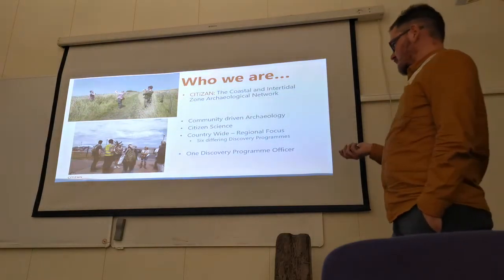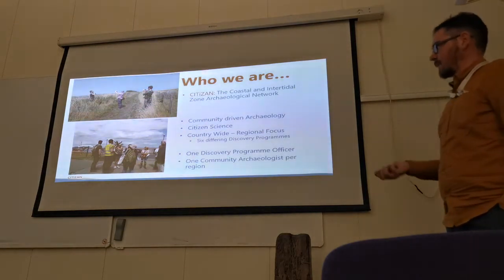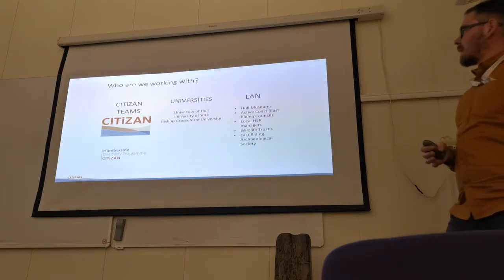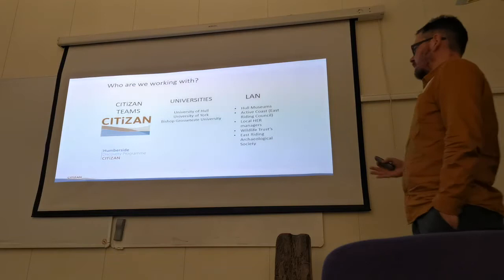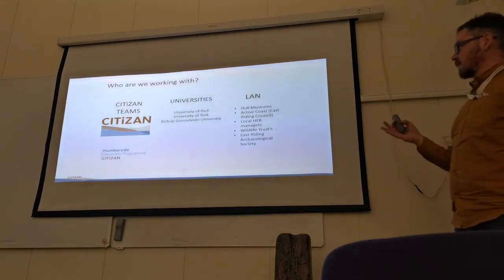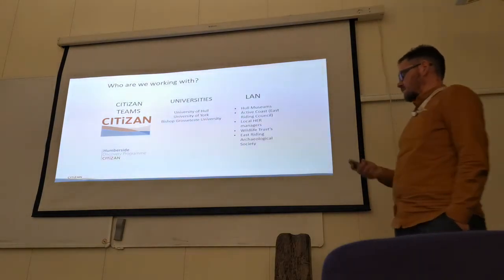Each project has one discovery programme officer, who's myself, and I also have a community archaeologist and a couple of other assistants as well. We run these projects around the area. We're also working with a number of universities, for example, University of Hull, as well as LAN, which is our local advisory network, and it's a number of people. So for example, I work with a couple of people in the wildlife trusts, Yorkshire Wildlife Trust specifically at the moment, as well as more typical cultural heritage associations like the East Riding Archaeological